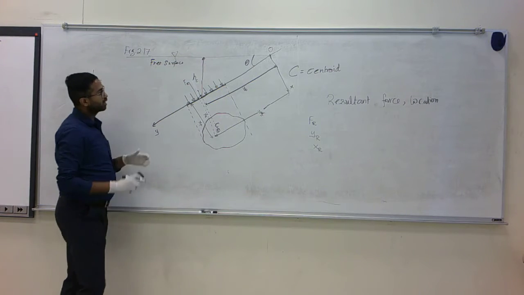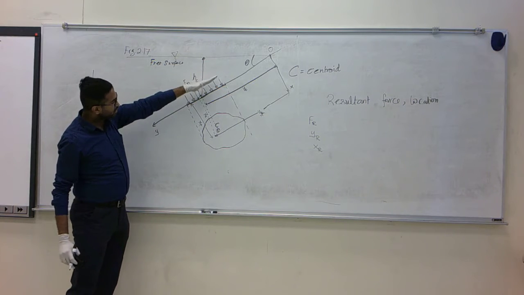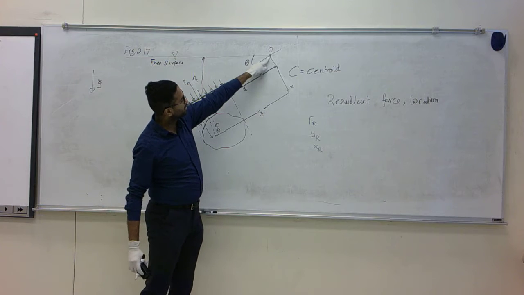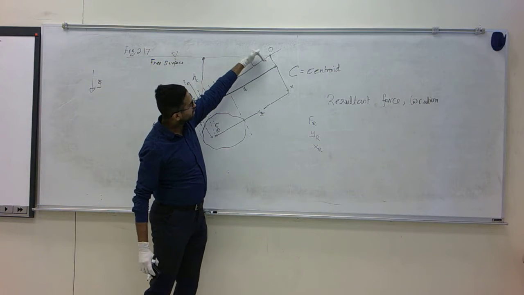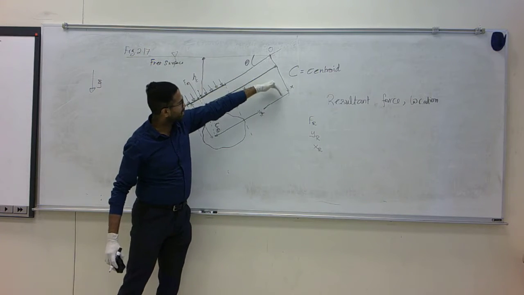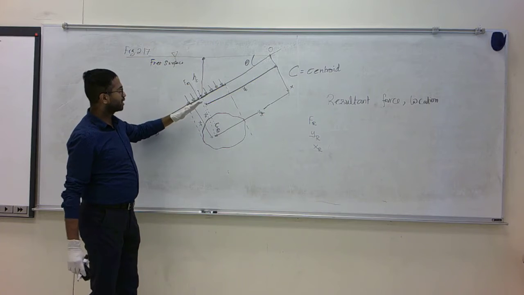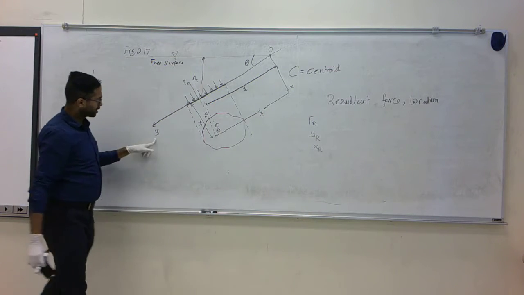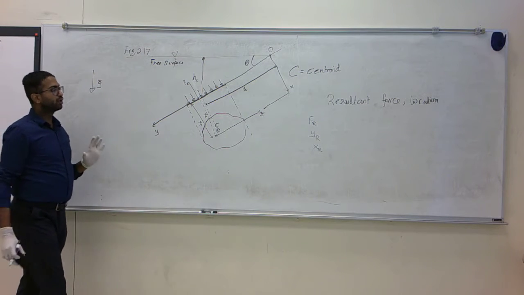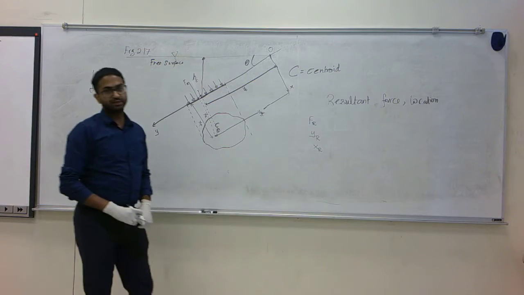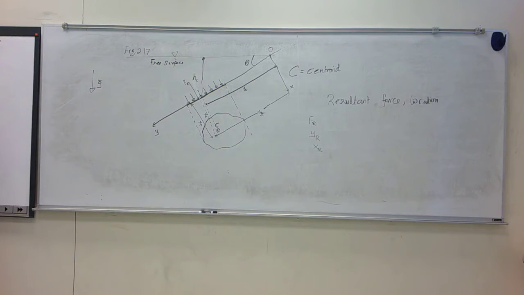Now what are x and y? Suppose the surface is inclined at an angle theta. We define a coordinate system that is coinciding with the origin here. This direction, along the direction of pressure, is the x-axis, and perpendicular to that direction, the plane-wise direction, is the y direction. So that's how I draw x and y here. We want to calculate the resultant force and the location of the resultant, and we can go through a standard derivation that is given in section 2.8.